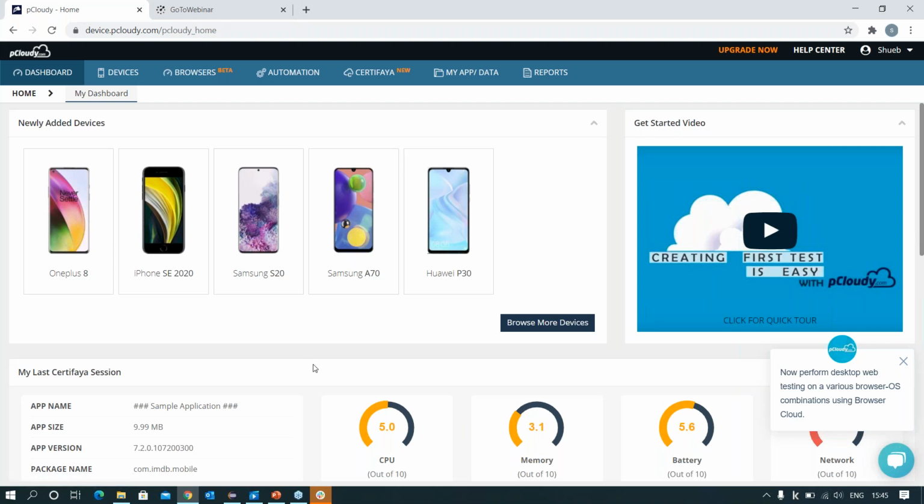Okay, so in the interest of time, we are focusing more on the browser lab that we have introduced. It's the same login that the user has to use. Once the user signs up and logs in to the platform, there is a quick dashboard where you can see all the newly added mobile devices and some stats about your latest manual testing as well as automation testing. And we also have a get started video in case you are new to mobile testing,